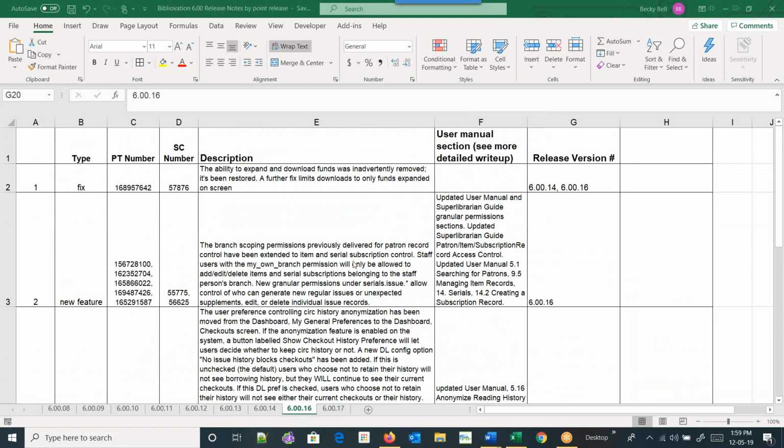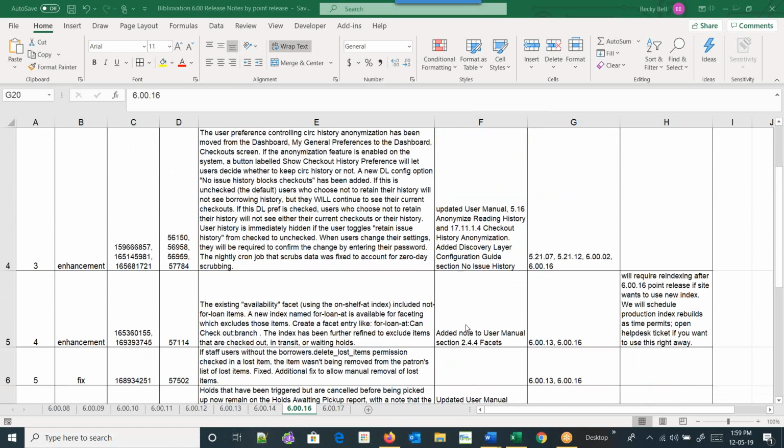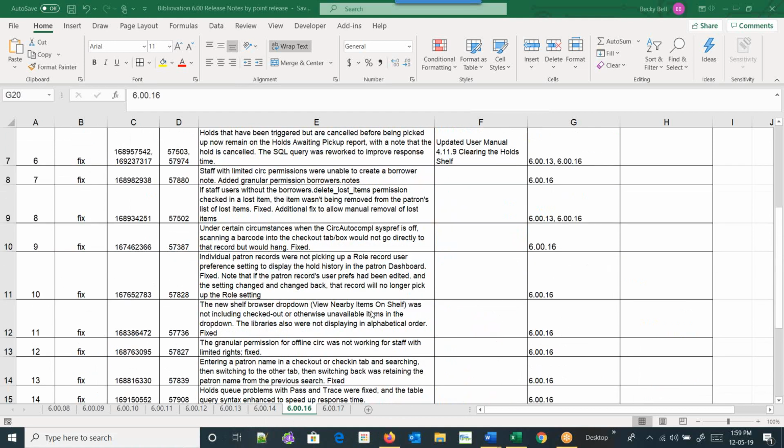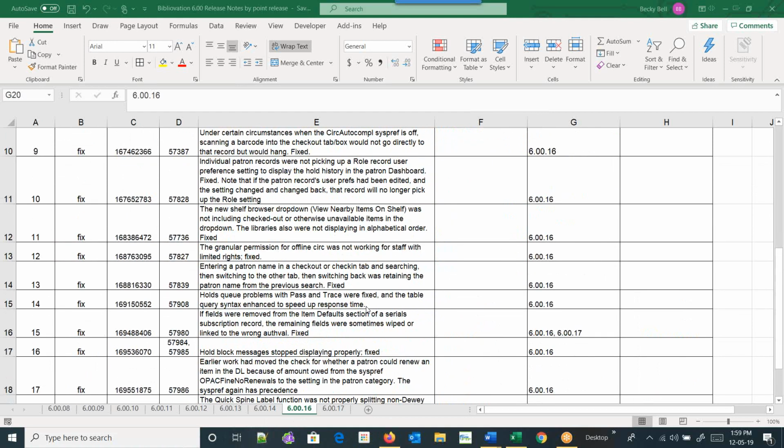As I went through these and read through them, there were a few things that I noted that were Waldo enhancements, and because I didn't mark them, I can't remember for certain which ones they are. But this one I did notice, line number 13, the granular permission for offline circ was not working for staff with limited rights.